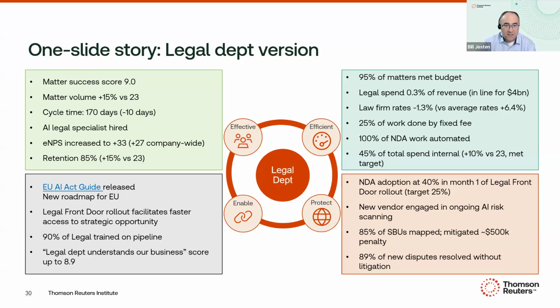We talk about that improvement in cycle days. It's down, or cycle time, it's down to 170 days, but that's a 10-day improvement. So again, adding the context we talked about in the earlier slides. Bringing in that idea of we're increasing our effectiveness because we hired an AI specialist, and that ties into the broader goal of the business that we are trying to be ready for that AI transition the business is moving towards. And we talked about the retention.